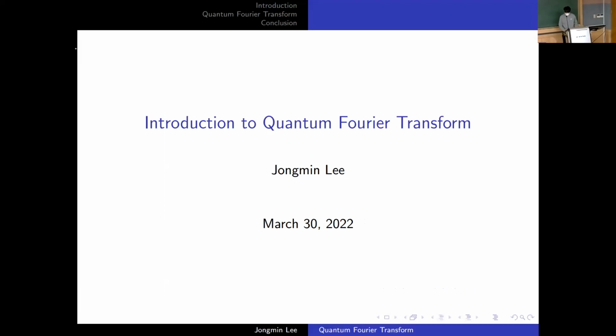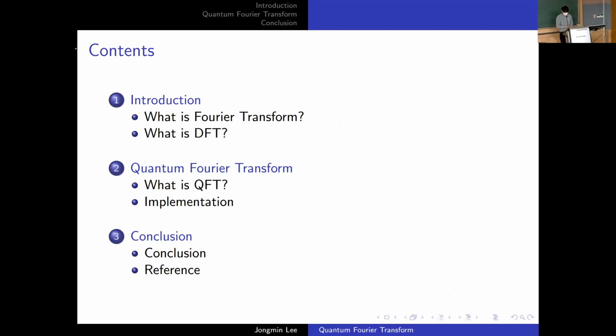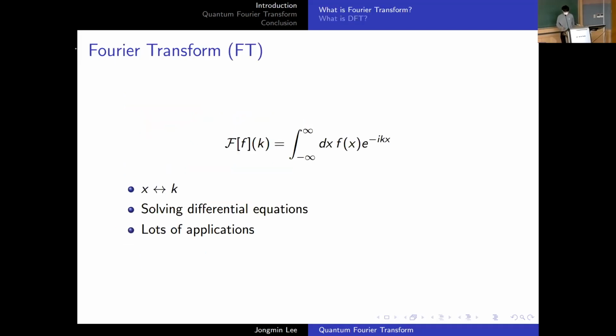The content is introducing the QFT, the quantum Fourier transform. Let's start with